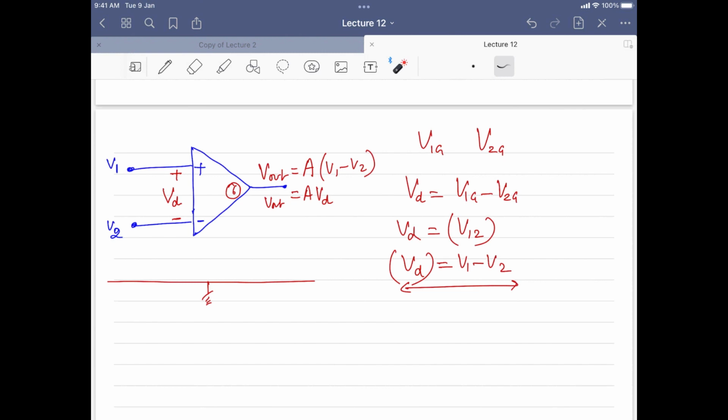Sir, the connections that we have made, V1 to the non-inverting and V2 to the inverting side. Could you explain why that has been chosen? No, there is no specific reason for that. What I'm trying to say is, you apply a battery like this to ground. You apply a battery like this to the ground. This is value V1, this is value V2, and what you are observing here is the output voltage on this side. Okay, there is no specific reason. Is it okay now, or do you still have a doubt? Yeah, I still have a doubt.